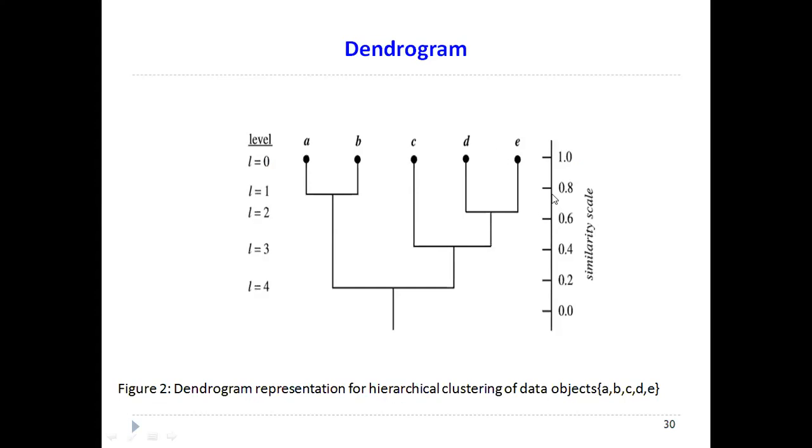In this graphical illustration, you will be able to see how hierarchical clustering works in your R or Python program. A dendrogram is a visual representation of the hierarchical clustering of your data. Here you have a similarity scale. At this point the similarity is 1, which means each cluster has a similarity of 1 because it has only one data point, right? And then the similarity decreases over each level.